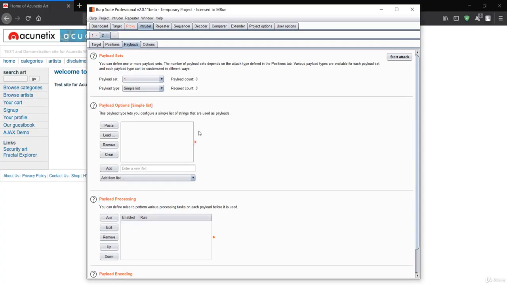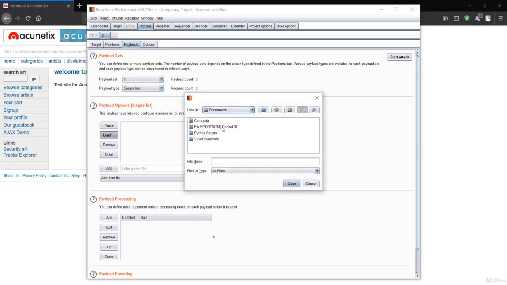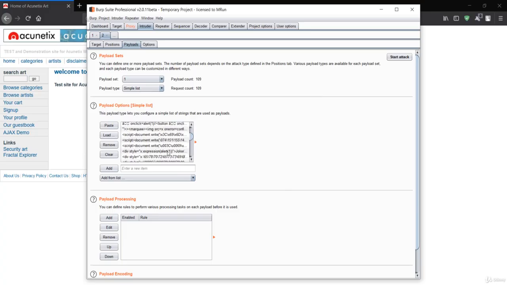Now I want to go to the Payloads tab and we have to load that payload. It should be on my desktop, and that is xss.txt that we just made, and we'll open this. So this is all the payload that we have just made use of. You can also insert your own payload from here if you want. You can make your own payload, like a simple alert, to see if this works or not, and just add it. After you load your payload list, the simple list, you can see the number of payloads you have here. I have 109. You can have more than this.